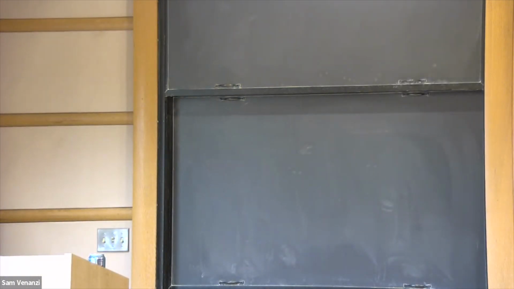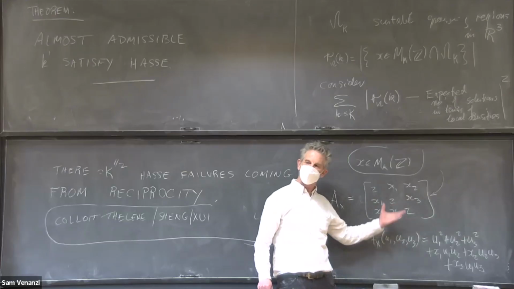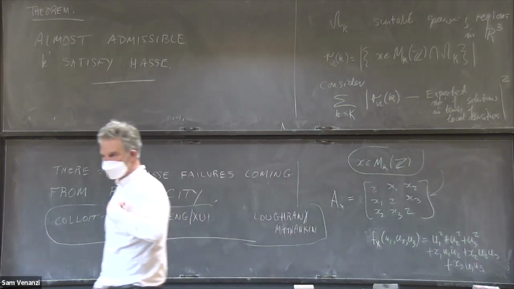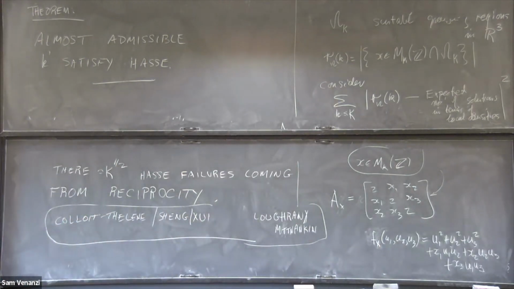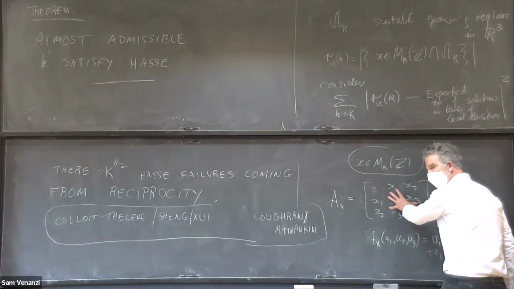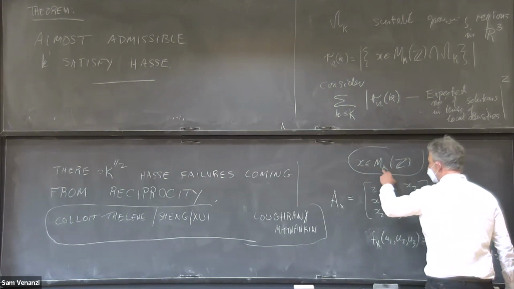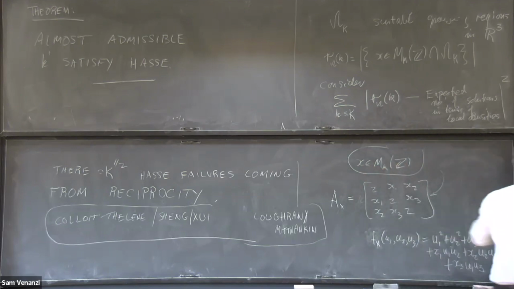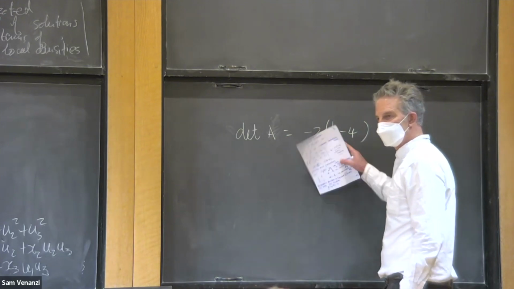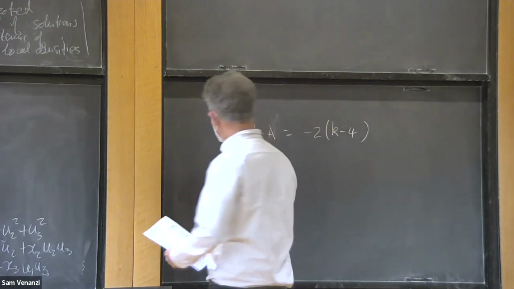What is A now? A was this matrix. This is what I'm saying. I was just saying that the reason this is going to work is that the determinant of this matrix is the Markoff equation in X. But there's no k in this matrix. No. So the determinant of this is M of X. And if X is in M_k, then M equals k. So the determinant is given only by k. You don't need to know X. All right. So now let